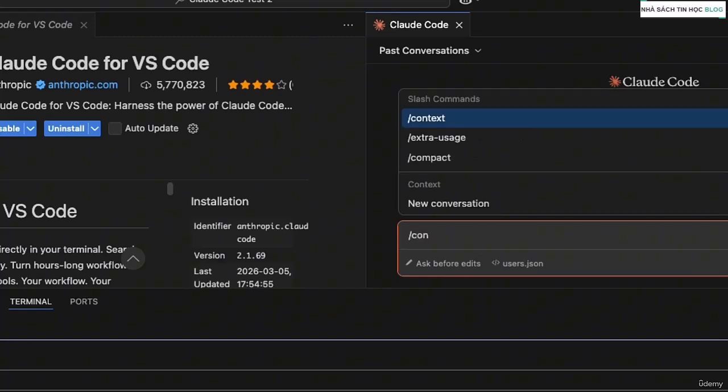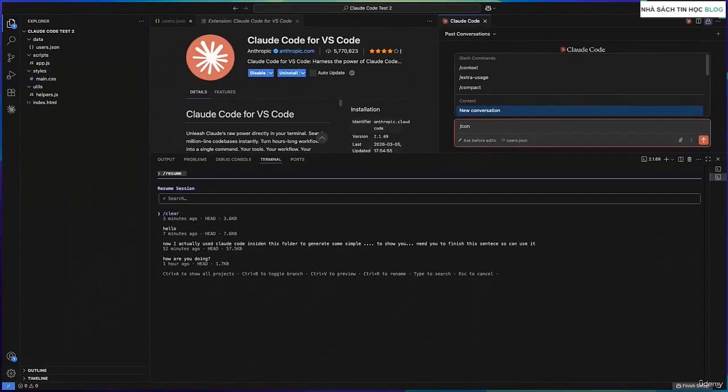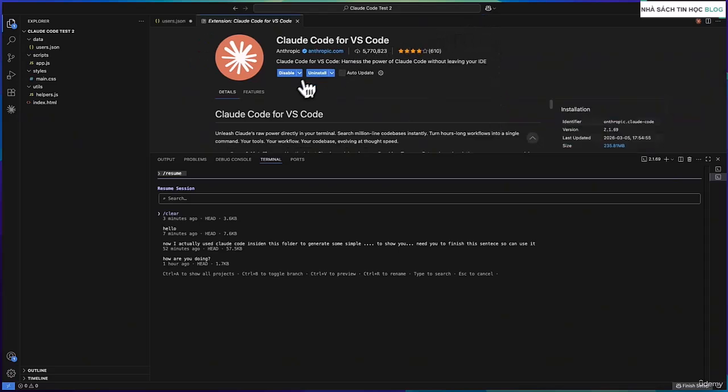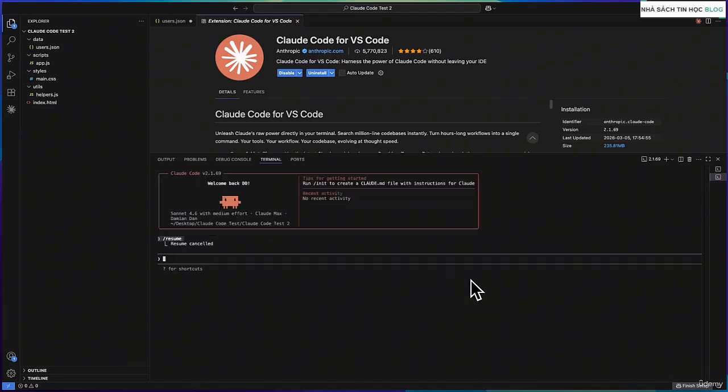If you are not a developer and the terminal feels a bit intimidating, this interface through the extension is probably going to feel a lot more comfortable to work in. Either way, whether you use the terminal or the extension, you are ready to start using Claude Code. Now, I prefer to use terminal, so I'm going to stick with terminal. You can press escape to cancel.